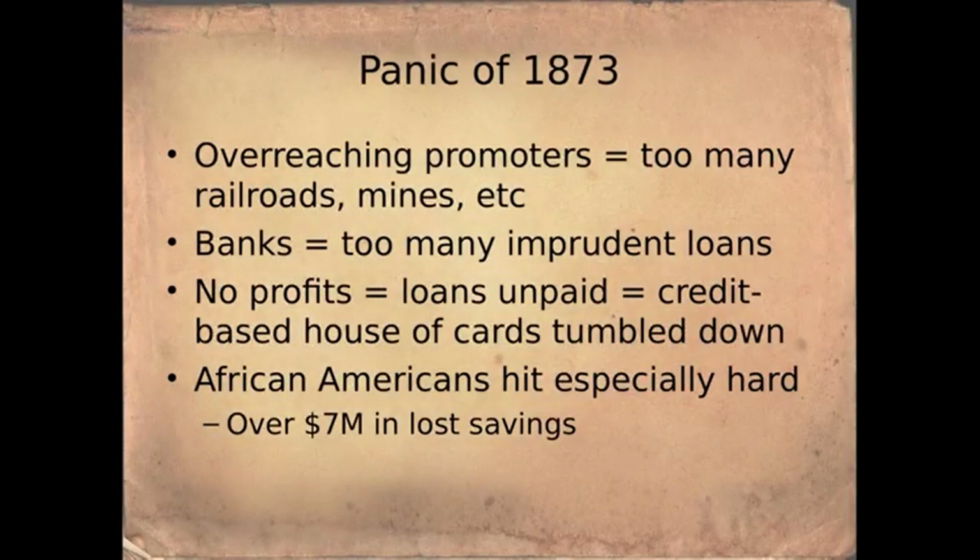The stock market crashes, and panic spreads from New York to Washington, D.C., from Pennsylvania to Virginia, and then finally in the South, like Georgia, and in Indiana and Illinois and Ohio, and hundreds of banks fail during this 1 year. And over $7 million were lost just by African Americans in the South, which was probably the hardest hit group,